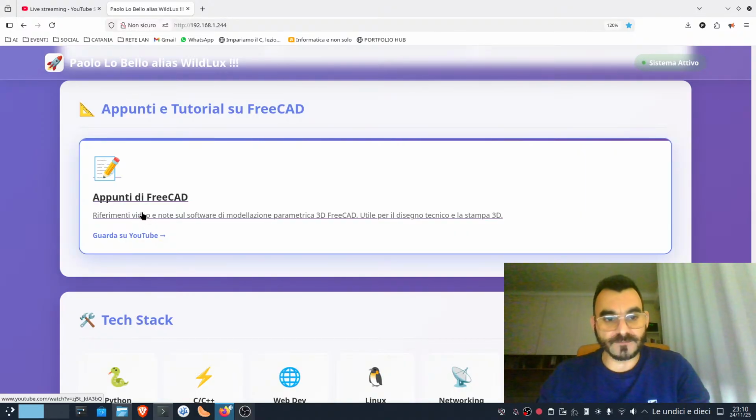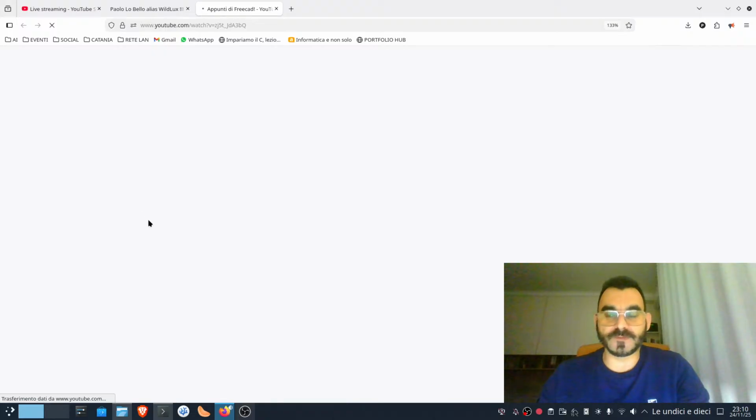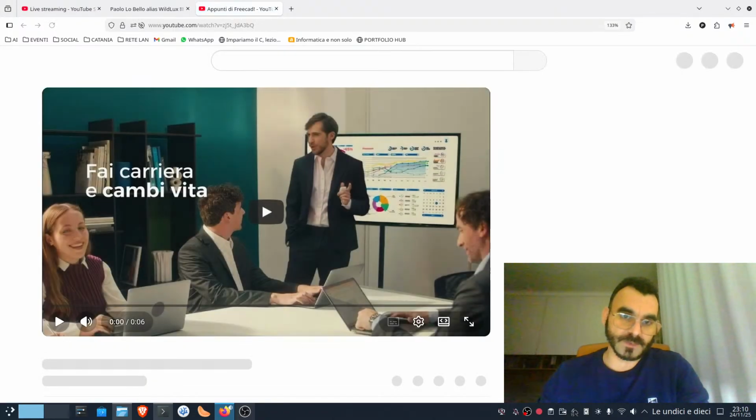for FreeCAD. FreeCAD looks like AutoCAD, but this one is free,